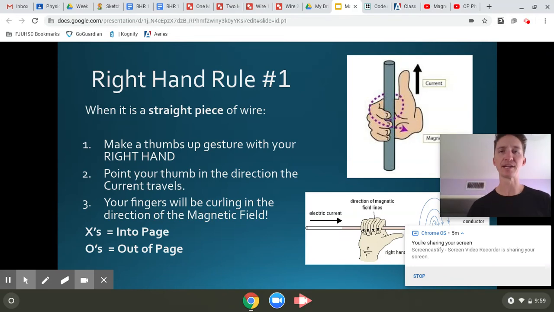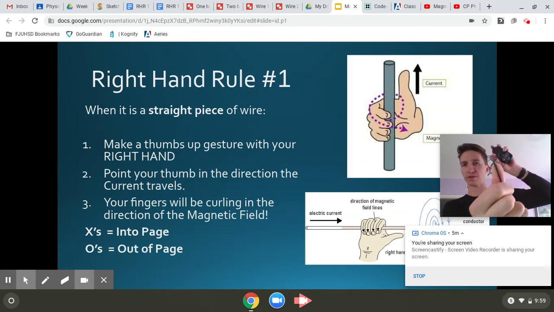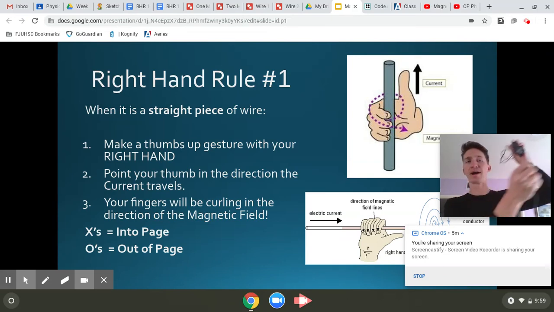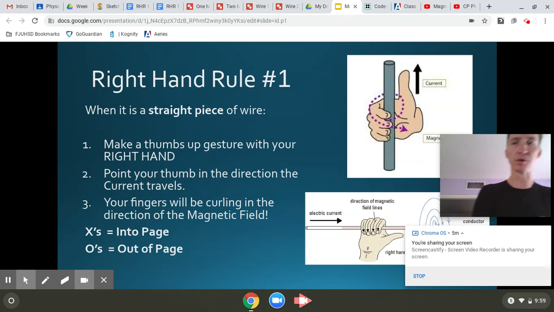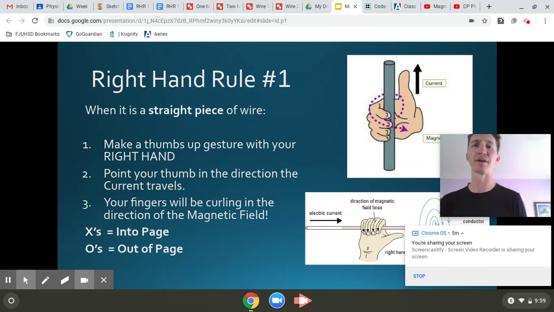But if you looked at today's practice problems, you'll notice that I have the wire drawn from a different perspective. So let's say I'm holding my wire. Right now the current is going from one side to the other, but what if the wire was held along this direction, kind of in or out of the screen? Or you can picture it as if this is a really long wire going either in or out of the screen. How this would be illustrated,